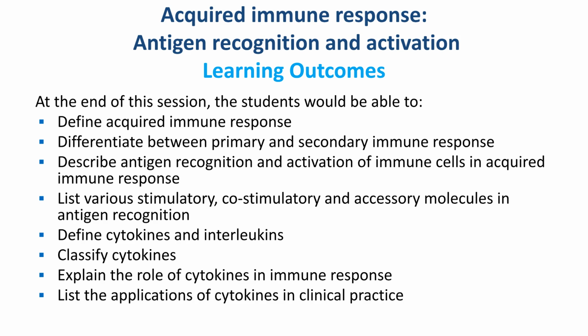Differentiate between primary and secondary immune responses. Describe how antigen recognition occurs and how this recognition activates immune cells in the acquired immune response, and various stimulatory, co-stimulatory, and accessory molecules involved in antigen recognition. Also learn to classify cytokines into those of innate versus adaptive immunity. And finally, you'll list clinical applications of cytokines, understanding how this knowledge translates into therapeutic interventions for infections, cancers, and